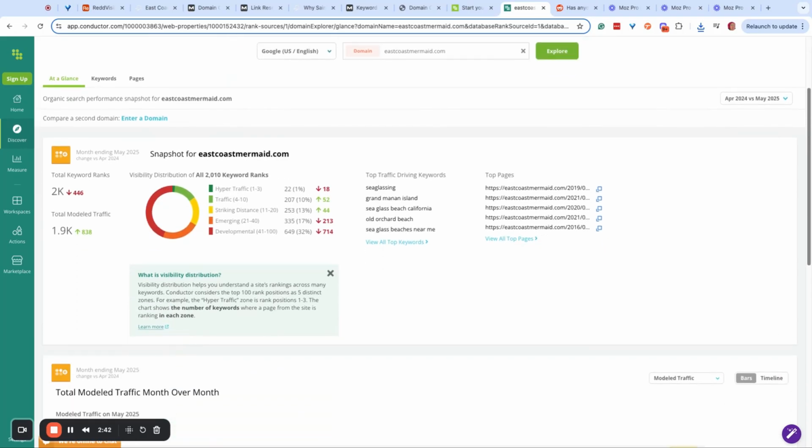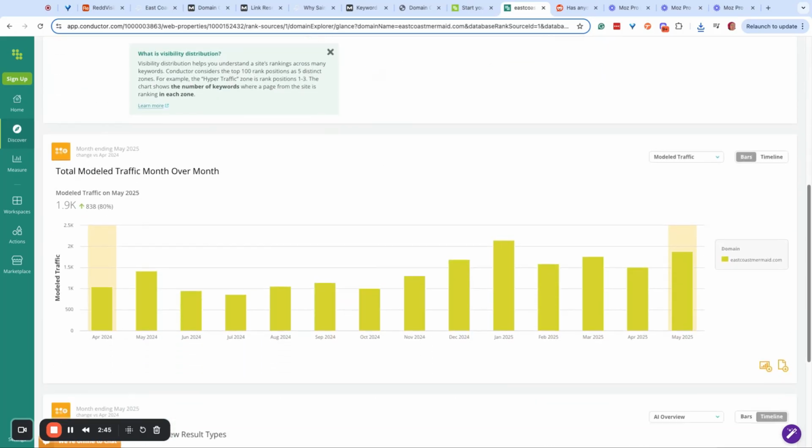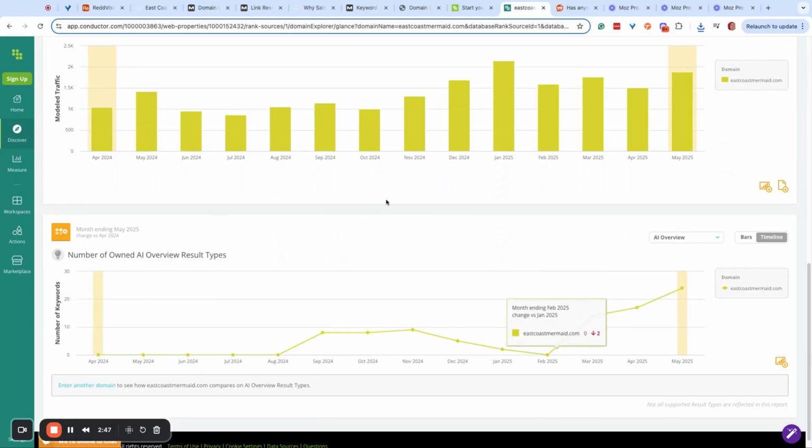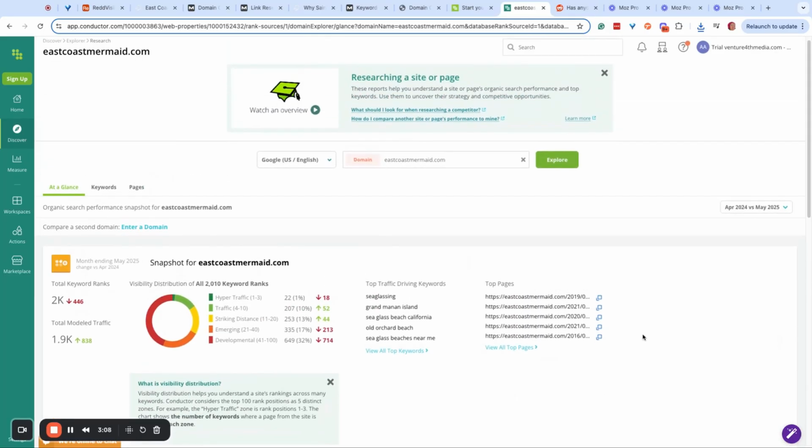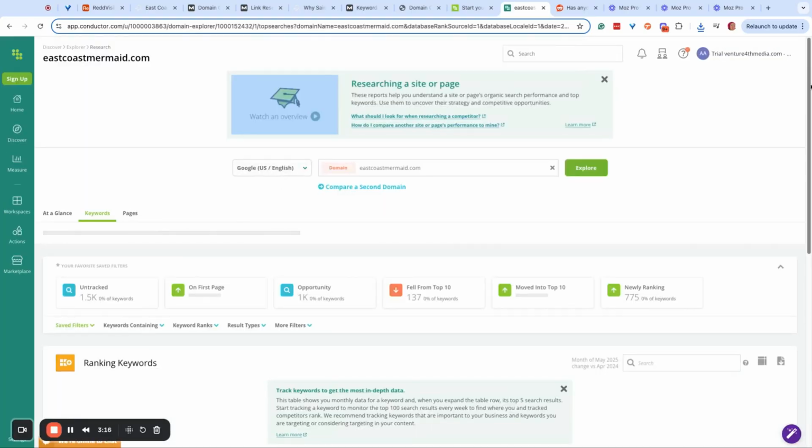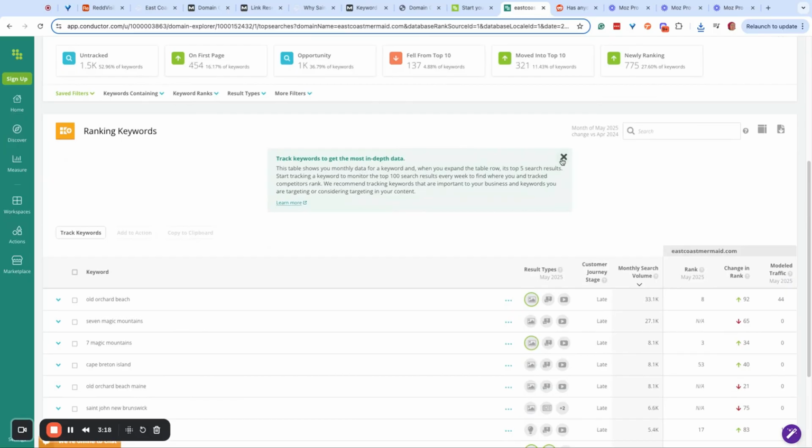As you can see, we've got some visuals here. We already had a look at this screen before, but again, it shows the number of AI overviews. You can save this as an image and put it into your reports. You can download Excel XLSX version. You can save this as an image. I think there's a lot less here. But again, if we dig into the tool a bit more and see what kind of reports that we can have,